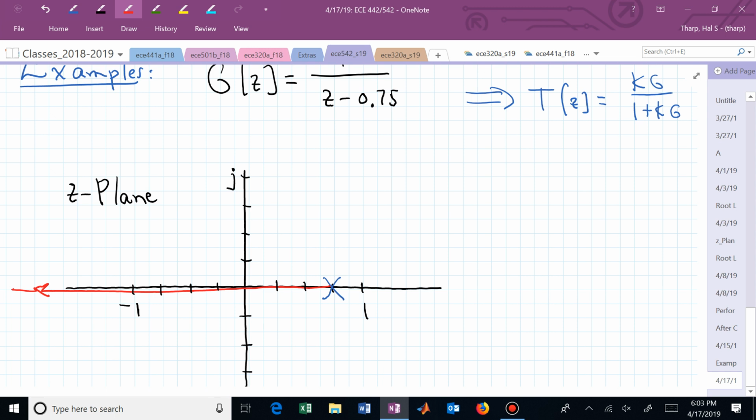My system might be stable. The transient is going to be an exponential decay, as long as I don't crank up k too much. And too much is probably, practically, I don't want to get beyond -1/2. Theoretically, I can't move to the left of -1. If I do, then I'm unstable. So there is a limited range of values for the gain k to keep the closed loop pole that's on that red branch of the root locus inside the unit circle.